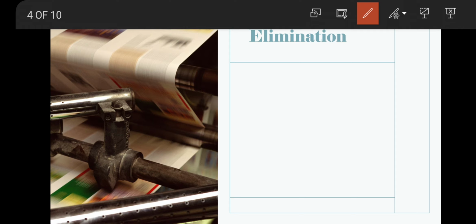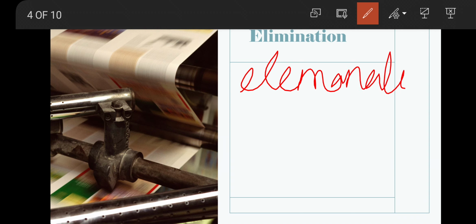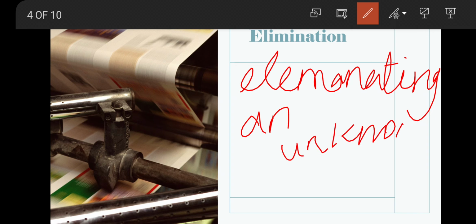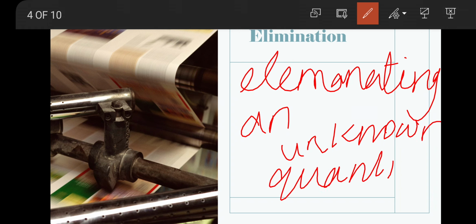So what's elimination? Elimination is eliminating an unknown quantity. So this is called elimination. And coming to an example,